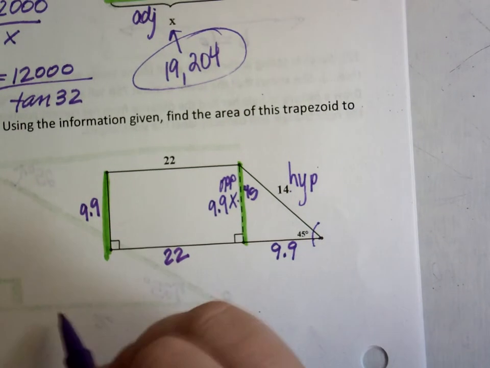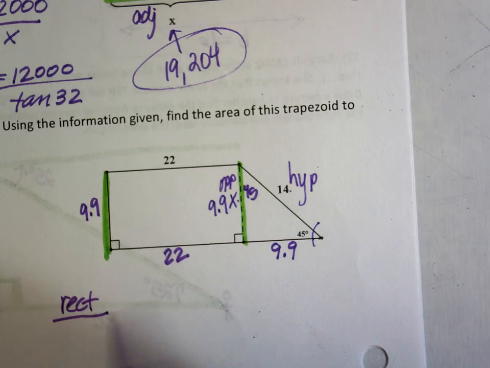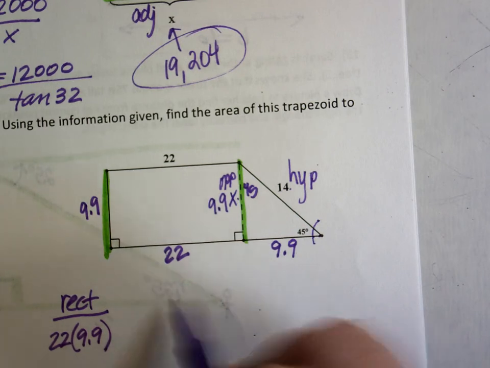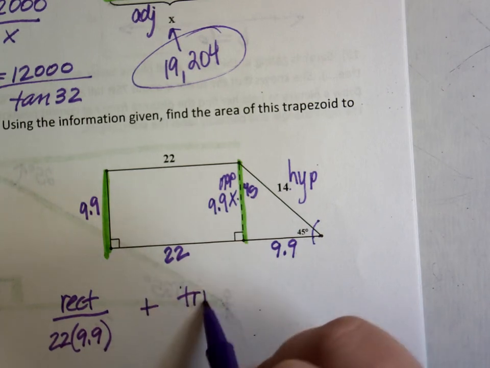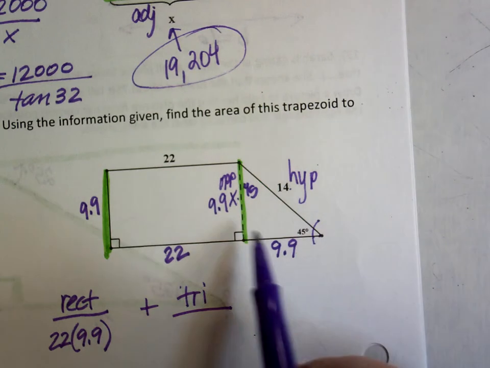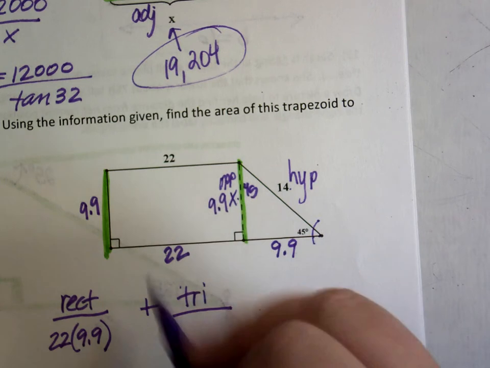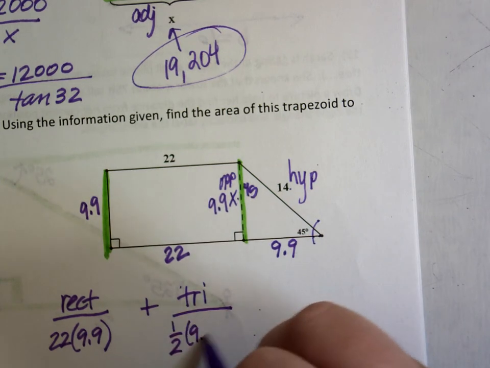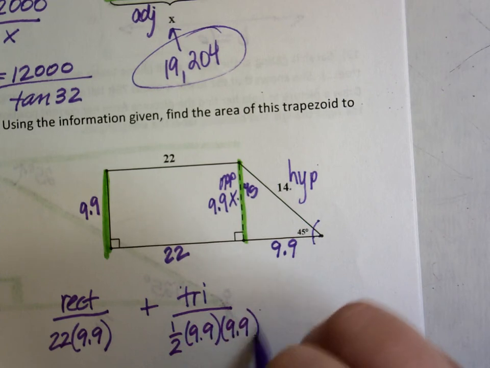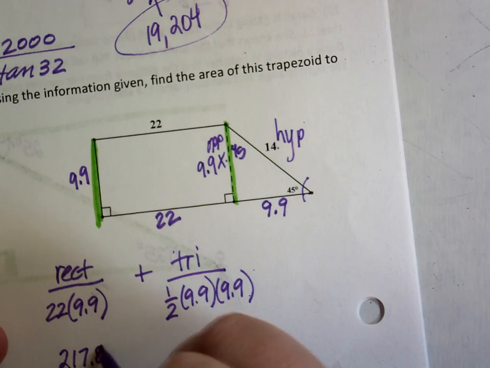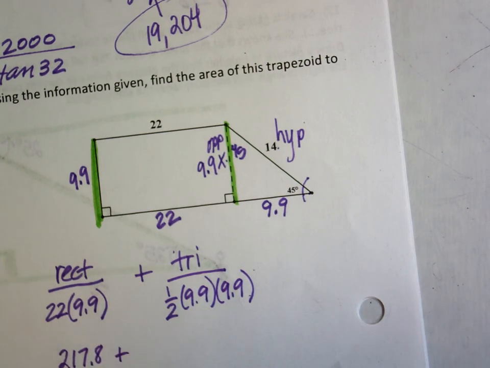The rectangle has an area of base times height. So that would be 22 times 9.9. The triangle has an area of 1/2 base times height. The base of the triangle is 9.9. The height is 9.9. So 1/2 times 9.9 times 9.9. So in my calculator, I'm going to put those together. 22 times 9.9 gives me 217.8. 9.9 times 9.9 times 1/2